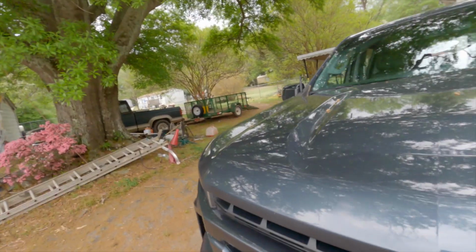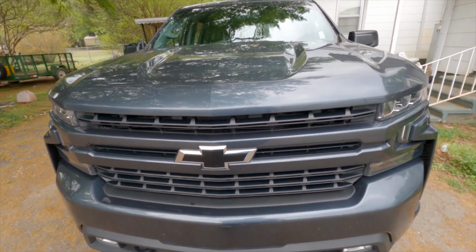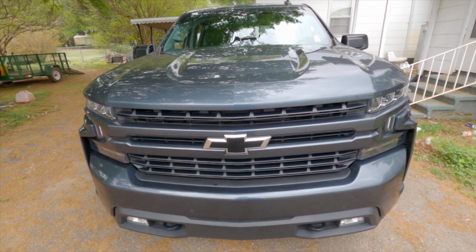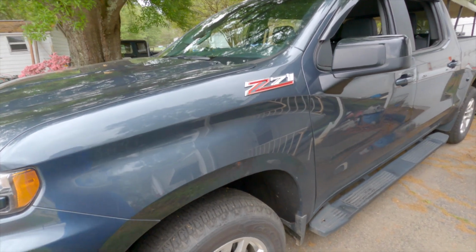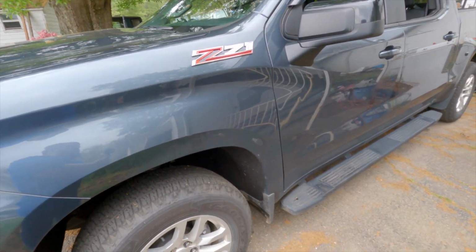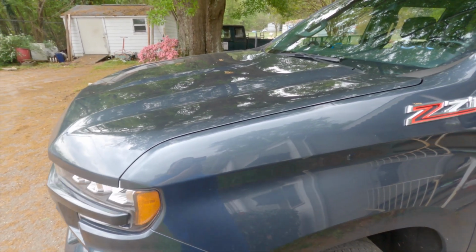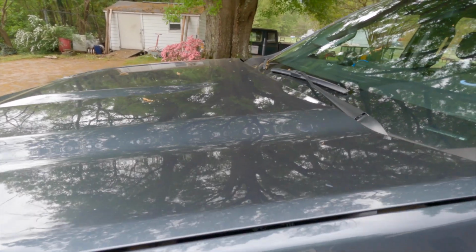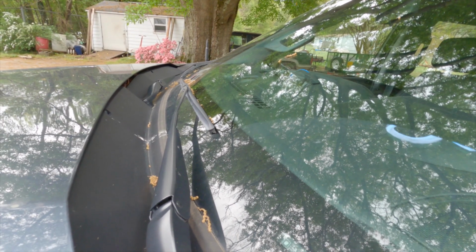But nonetheless, for as much dirt as was on this truck, I'm pretty happy with how much it came off. Of course, by no means is this truck clean, because it still has a fair amount of dirt, as you can see down there at the steps and the tires and all. But as you can see, it's already got another dusting of pollen on it as the pollen is falling. I've only been parked here for a few minutes, and you can see it's already starting to build up once again